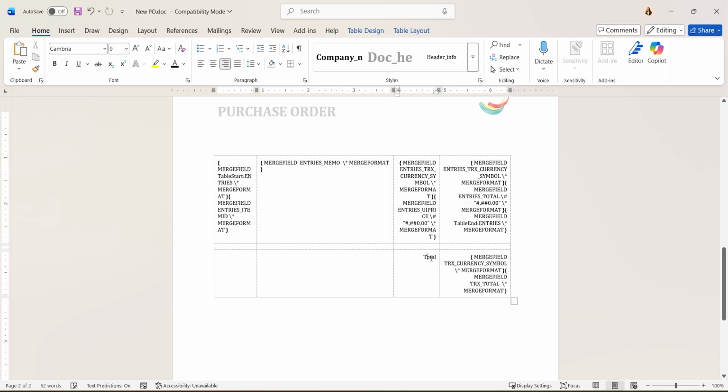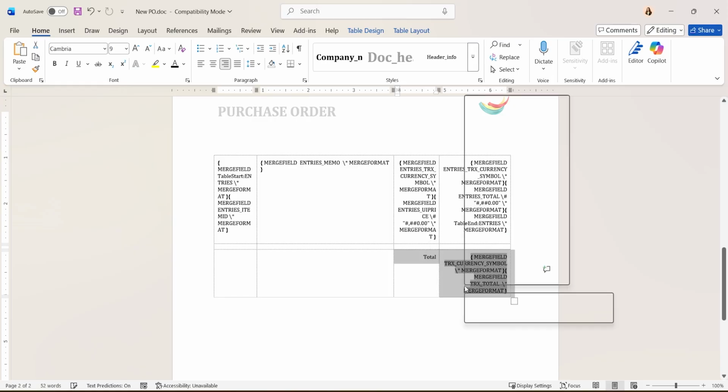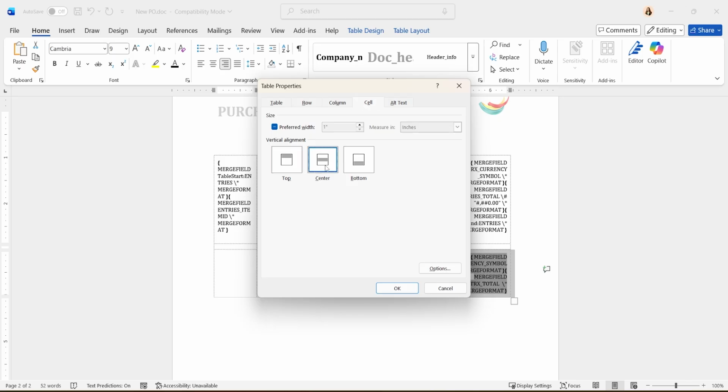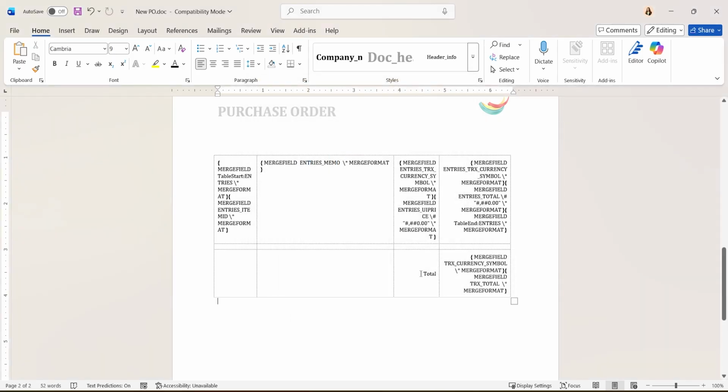And let's say I want this total right here in the middle. I'm just going to highlight this box. I'm going to highlight both of them. Right click into your table properties, go to cell, and we want it centered instead of top. So now that will show up in the center. And I'm going to bold this, resave.